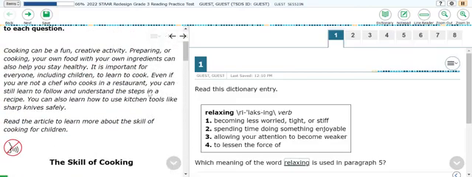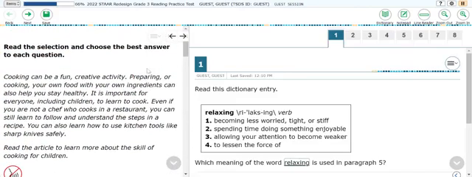Hi guys, I wanted to make a video to show you the third grade 2022 STAAR redesign reading practice test that is on the Cambium and the TEA website for you to look at with your students, for you to